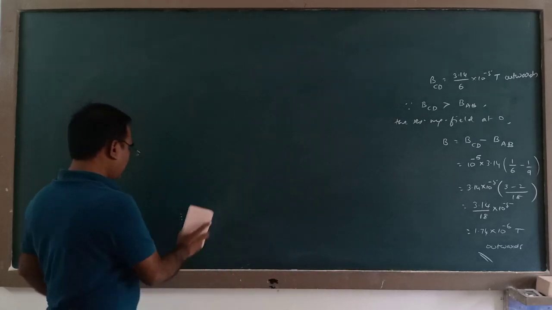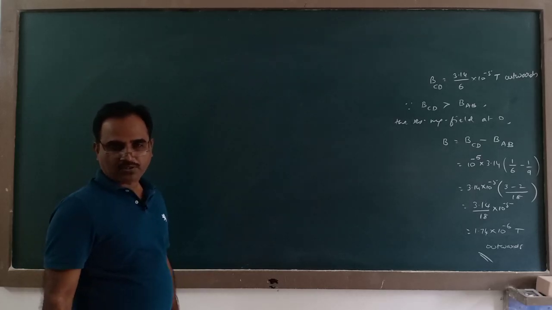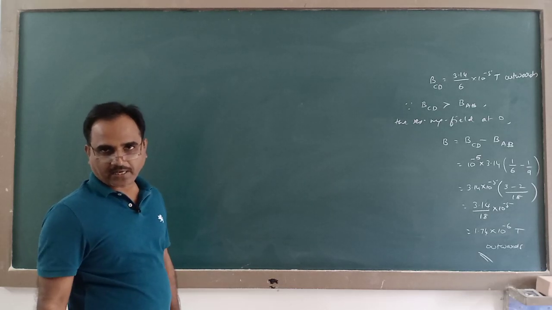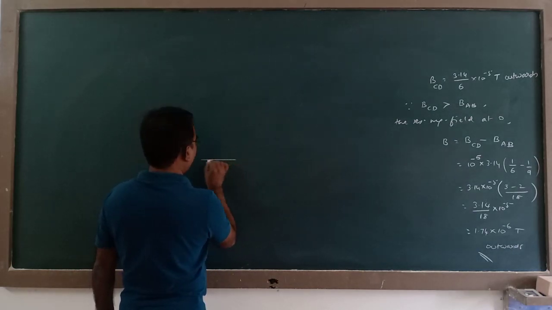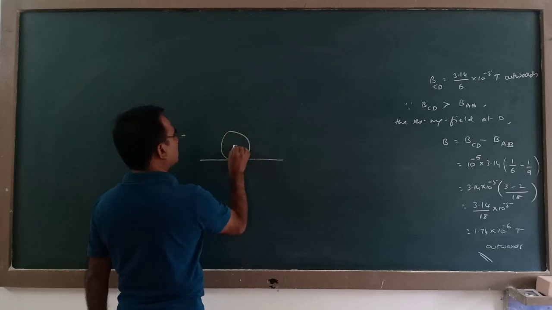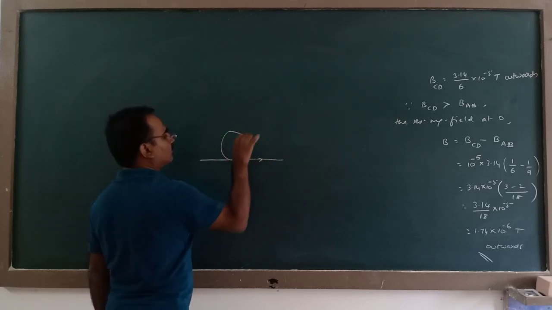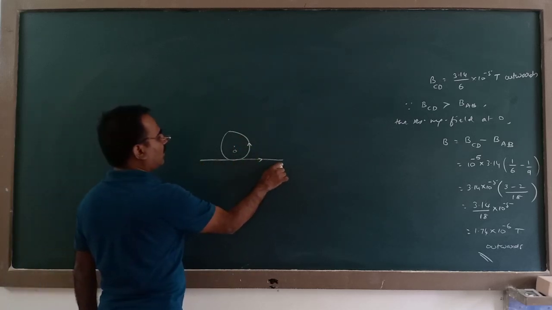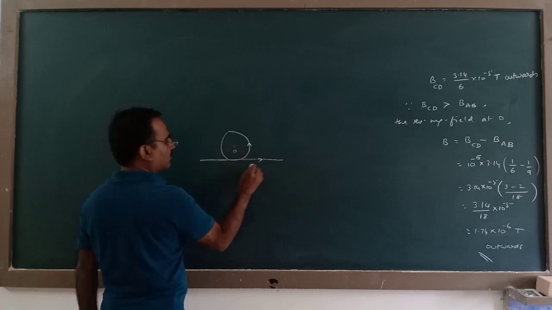In competitive examinations, you will find varieties of questions based on the direction of magnetic field due to a current carrying conductor. So here, in a conductor, the current is passing like this. There are two conductors like this. What is the resultant magnetic field at the point O? So this is a straight conductor. At this point O, the magnetic field is in this direction.